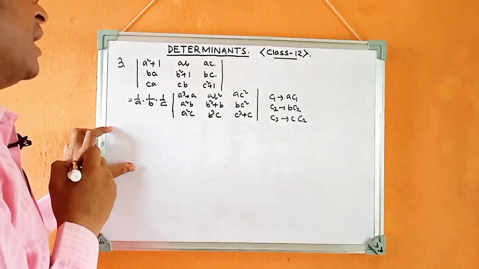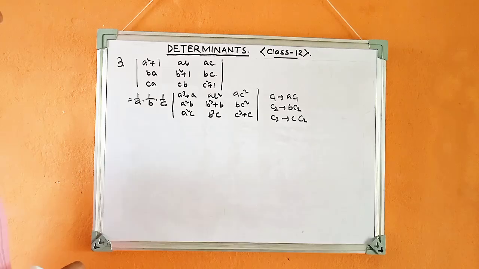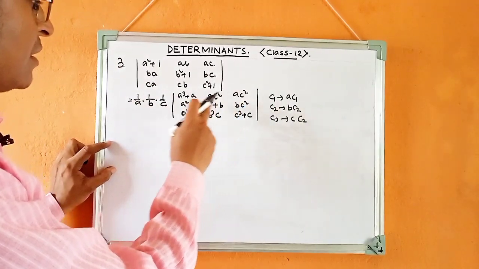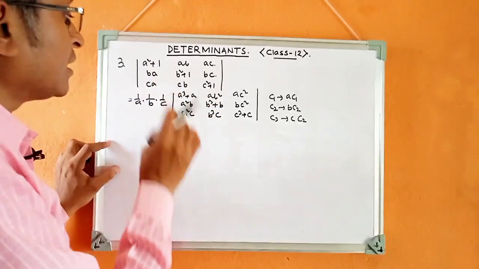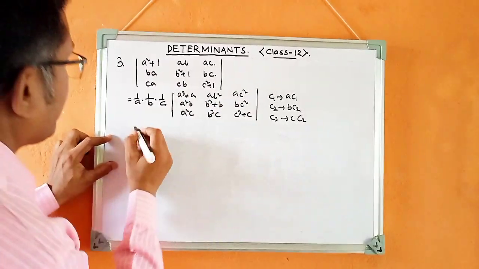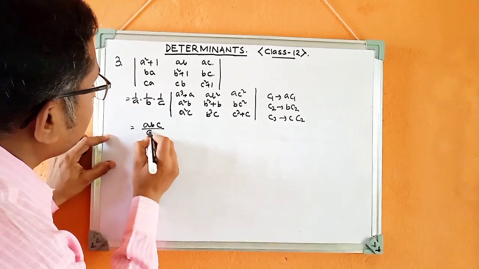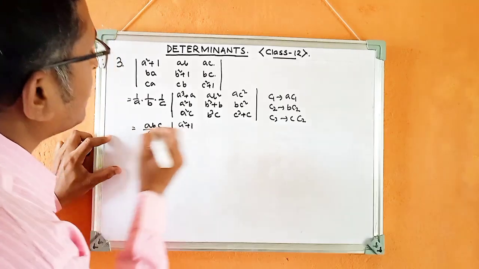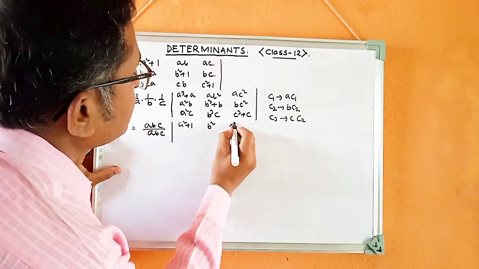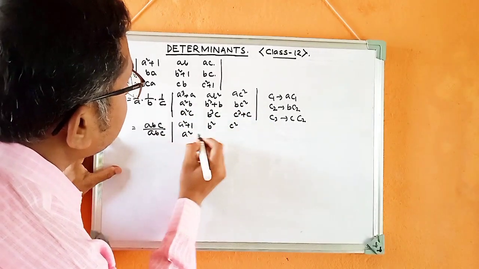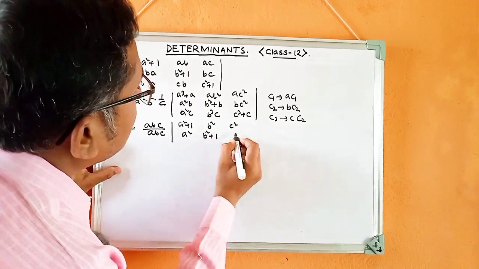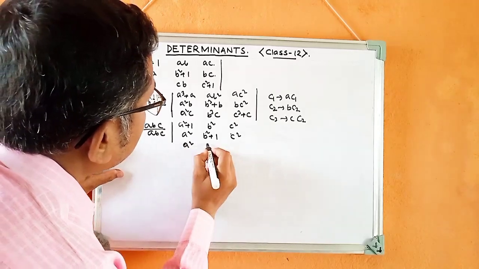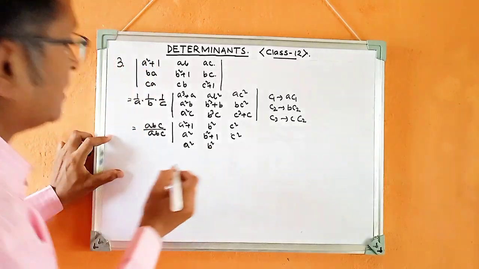Clear, everyone? Now take A as common from the first row, B as common from the second row, and C as common from the third row. See what happens: A, B, C divided by A, B, C cancel. In the first row we take A common, so we get A square plus 1, B square, C square. Then B as common: A square, B square plus 1, C square. Then take C as common: A square, B square,